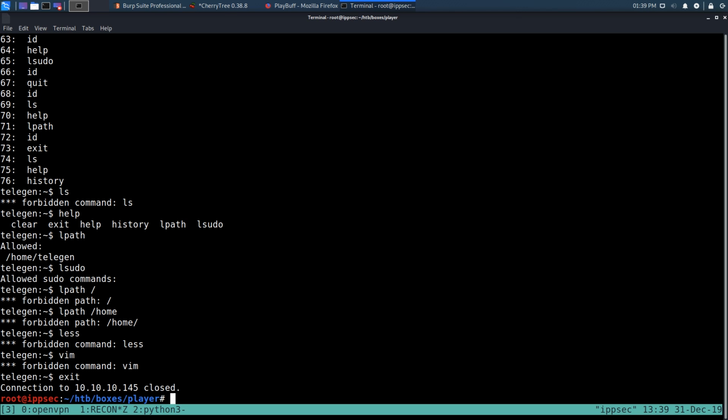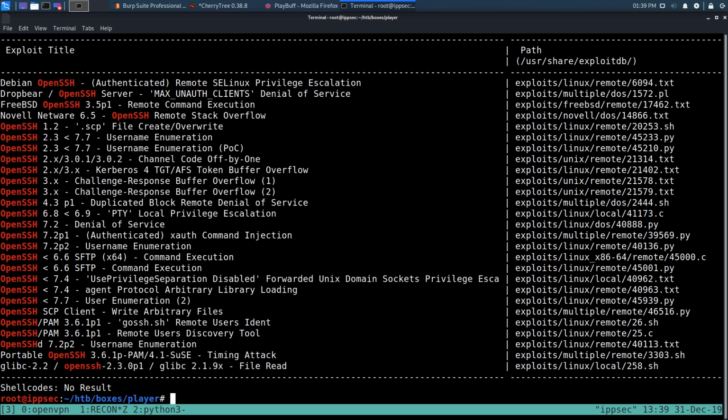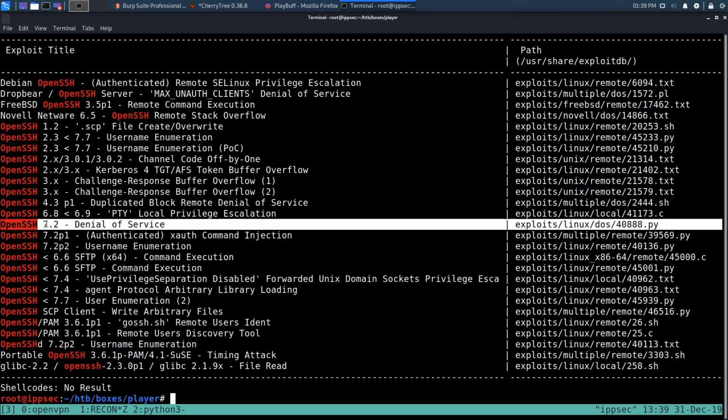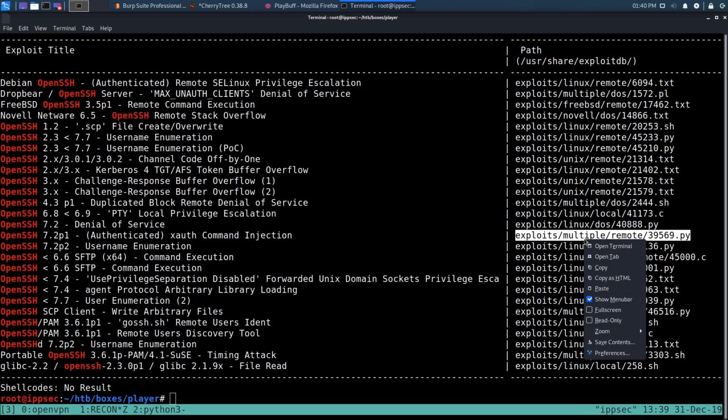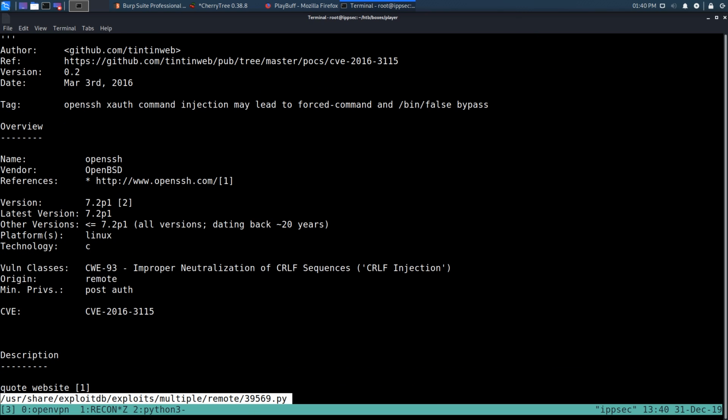So going back to the box, there are two different versions of OpenSSH. So we can do searchsploit SSH or OpenSSH to see if there's anything here. And we're on 7.2, and right here there's one saying there's a denial of service. Well, we don't want to crash it, so let's not run that one. But there is this authenticated xauth command injection. So if we copy this and do searchsploit -x and see exactly how this works,